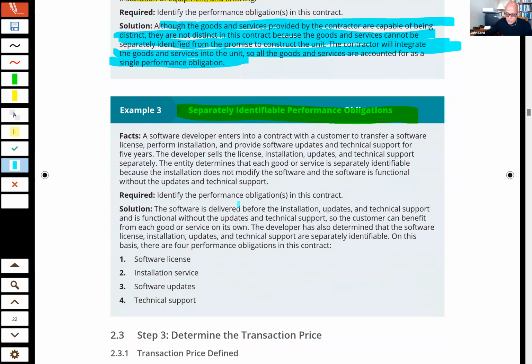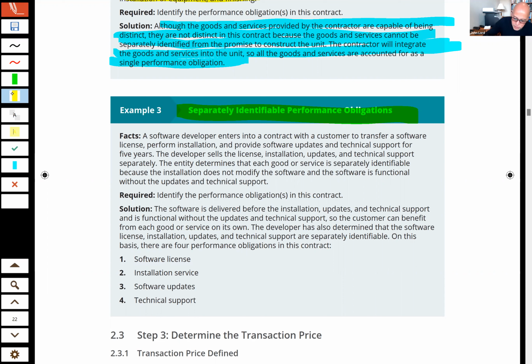Now, separately identifiable, and to me, probably more realistic of something that you'll see on the exam, because what they're going to want to see is, if I give you a fact pattern, can you call out the different performance obligations associated with that contract? And then, of course, we're going to have to do what? We're going to have to allocate the contract price to the different performance obligations. Another interesting accounting point. And then we're going to have to do what? Determine if we can recognize any of those performance obligations at a point in time, or will we recognize them over time? That's really all we're doing here with this whole discussion.